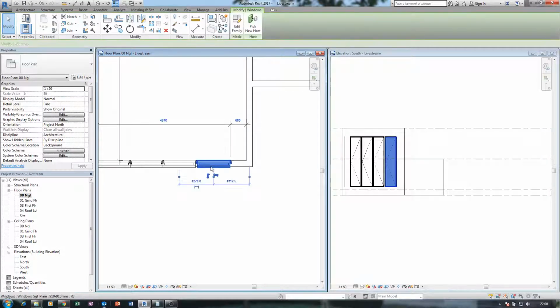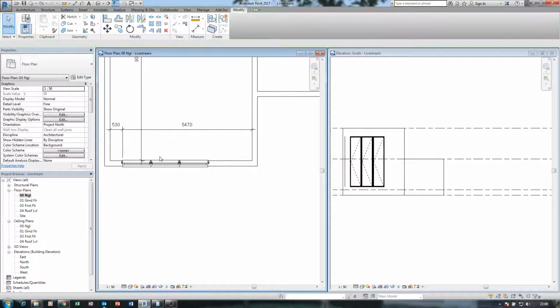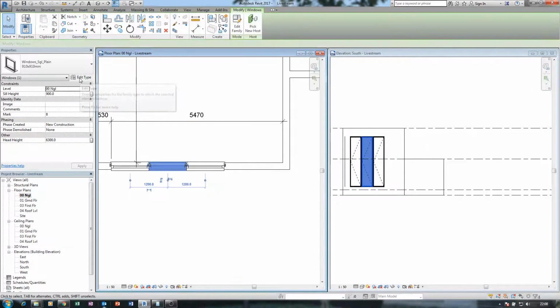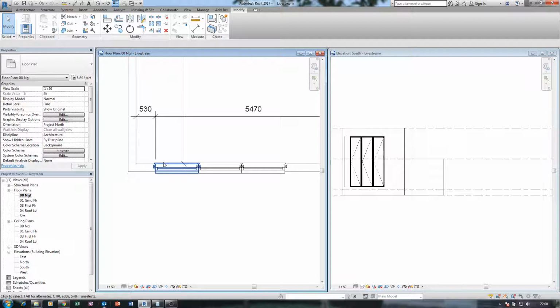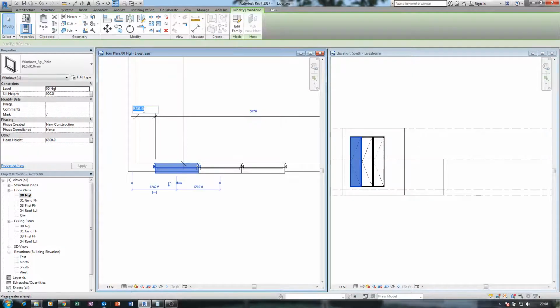And I don't think 600 is okay, so let me change this to, okay, this 1.2, 600, yeah, or let me say 1 meter here.